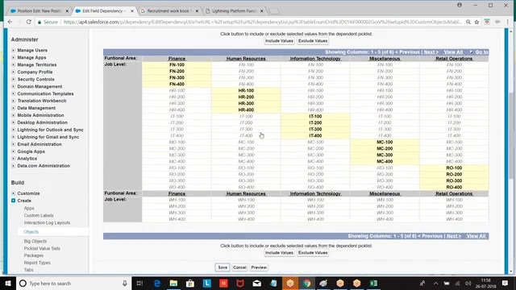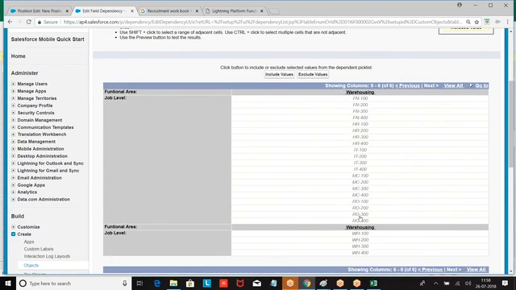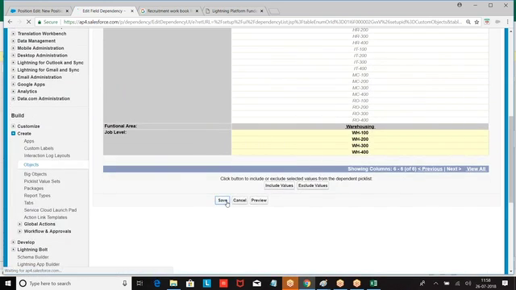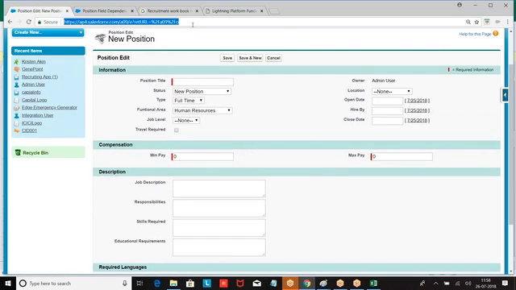Is any other thing missing? Finance, human resource, then view all. One minute. Next, warehouse. Then see. Now go to the position object, refresh the screen.